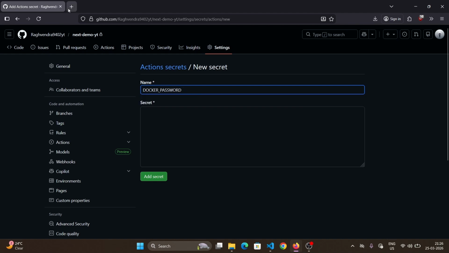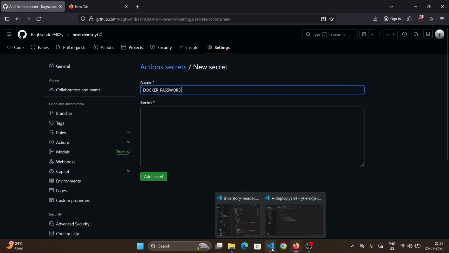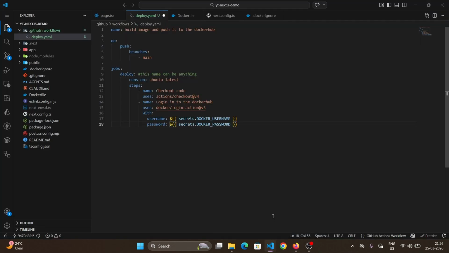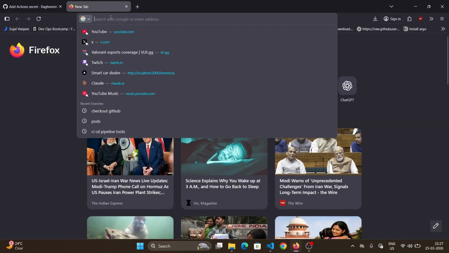I will not show you my password, but I will show you how to create it. We don't generally need our main account password, we can generate some token to say, yeah, you have access to this. You can generate a token in DockerHub. To generate it, we go to